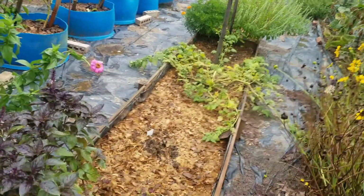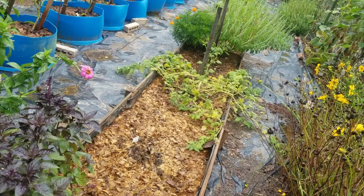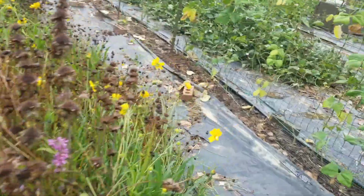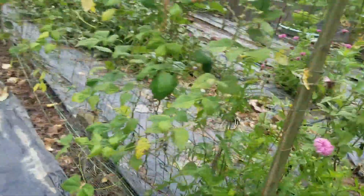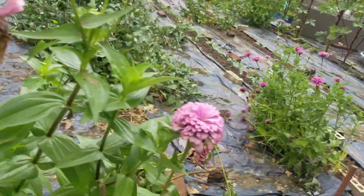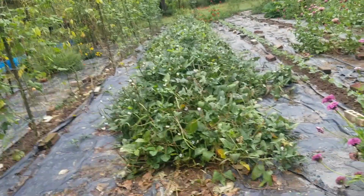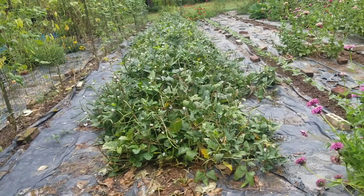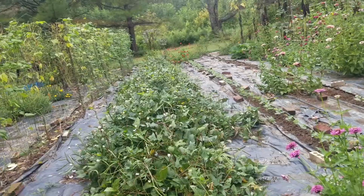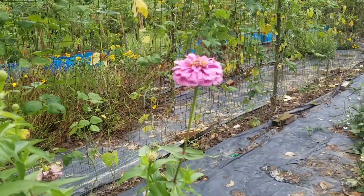I've got some gypsum I'm going to put in it, but it's getting down to the wire where I have to plant stuff right now. I don't have time to wait too much. So I may just end up throwing a bunch of flowers everywhere. More zinnias. Okay, this is going to be coming out today. And I'll keep you posted. But let me know what good ideas y'all have for me to do on these